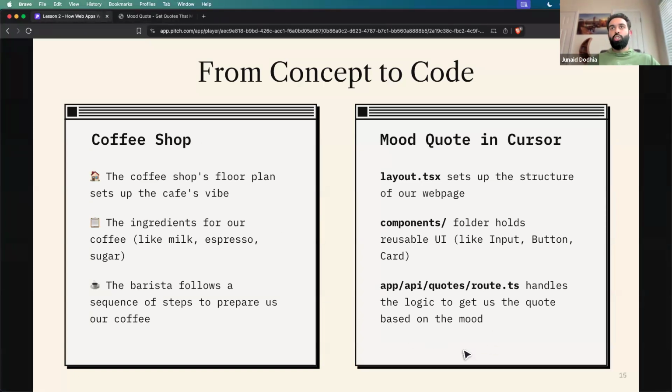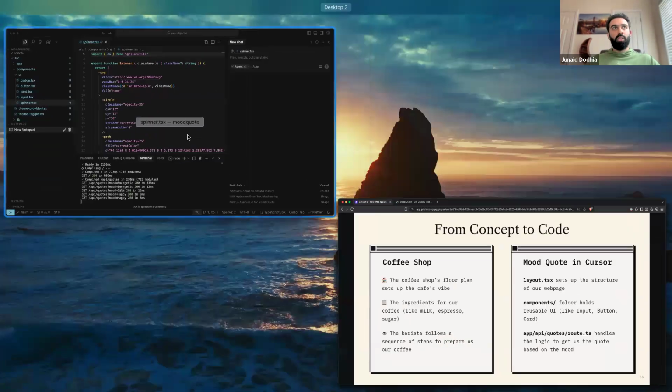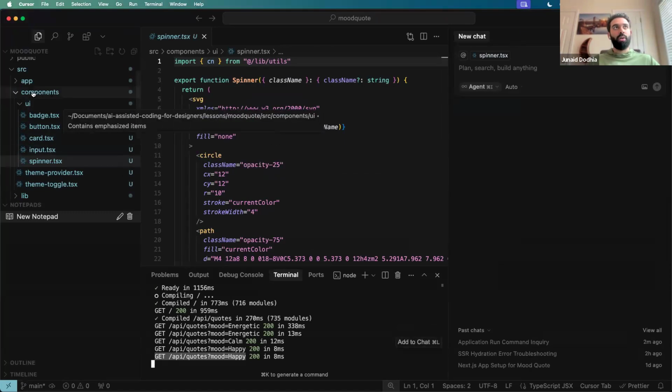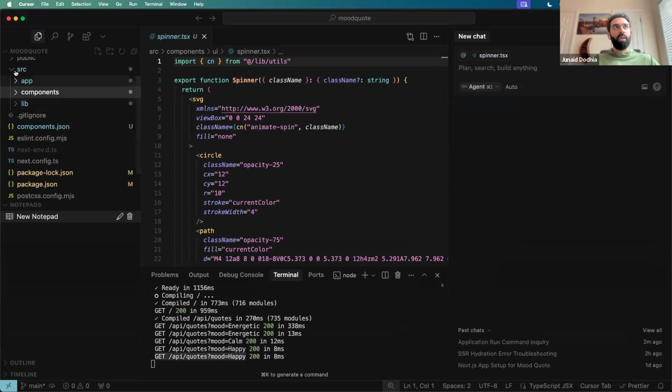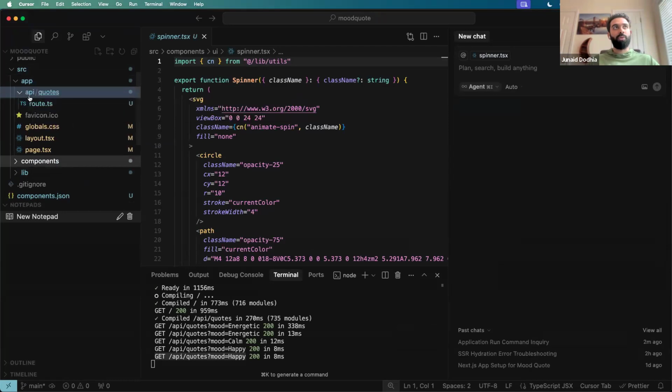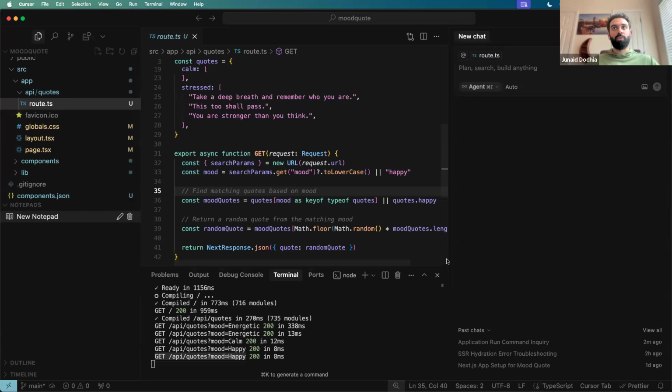And I already showed you the API route in the terminal. So this is our API route. But where exactly is this route coming from? So if you go under the app folder, there's an API folder that Cursor made for us. And inside the API folder, it has a route file. So if you look here,